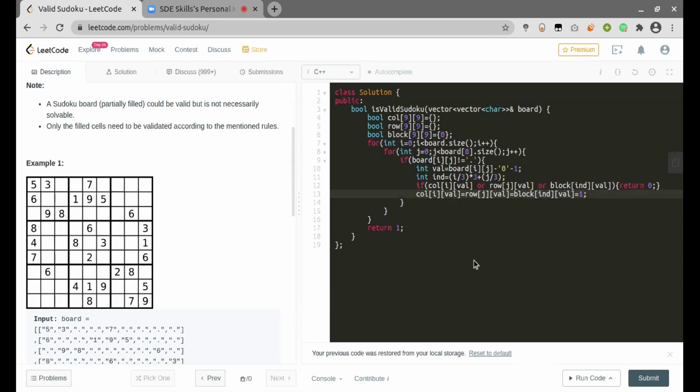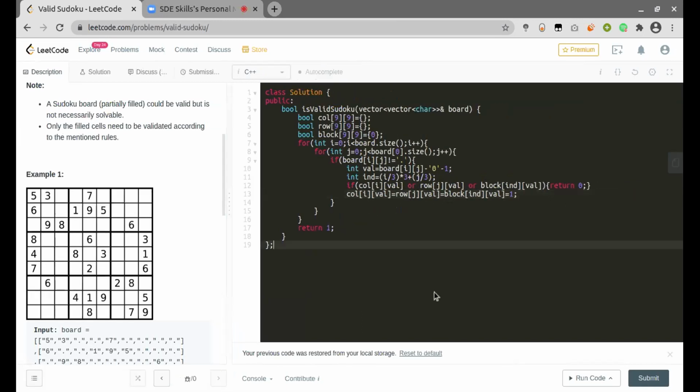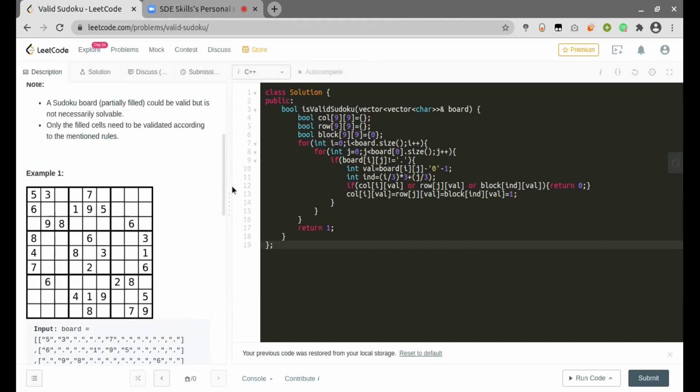But that formula looks so different. I divided by 3 and multiplied by 3. Why not just use this? We need to find some value where we get the same value for the characters in the same block. Okay, that should work, I think, isn't it?